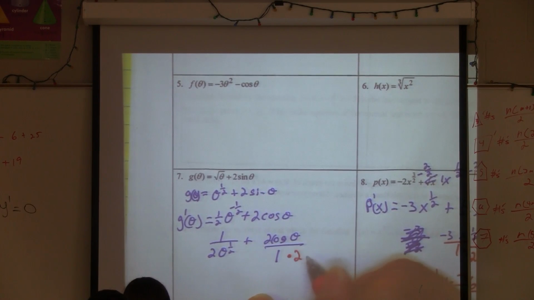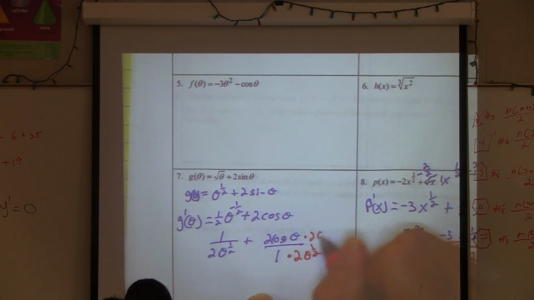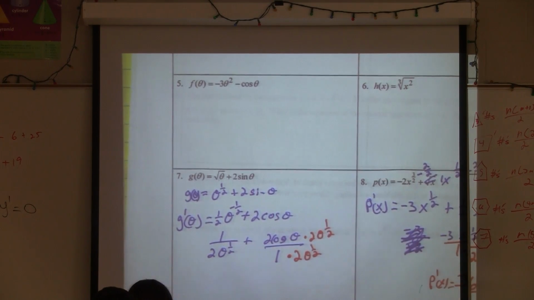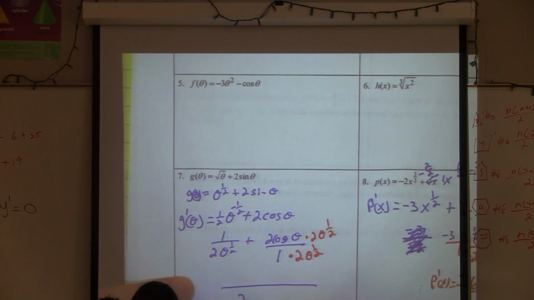So multiply this by 2 theta to the half, and multiply this by 2 theta to the half. So in my denominator, I have 2 theta to the half. What do I have in my numerator? 1 plus 4 theta to the half times